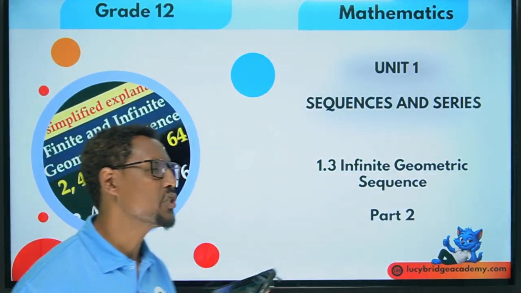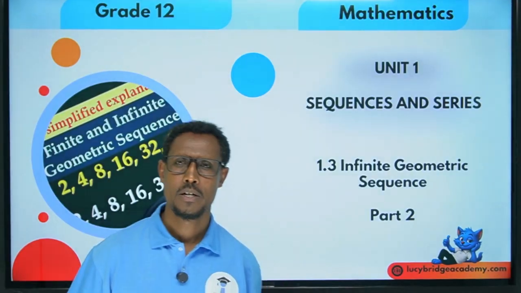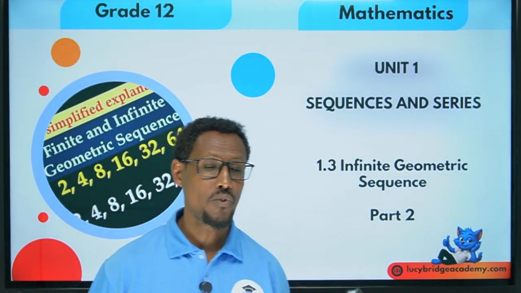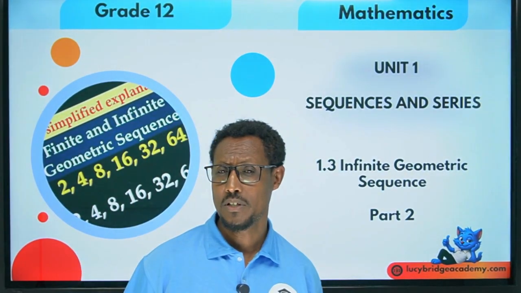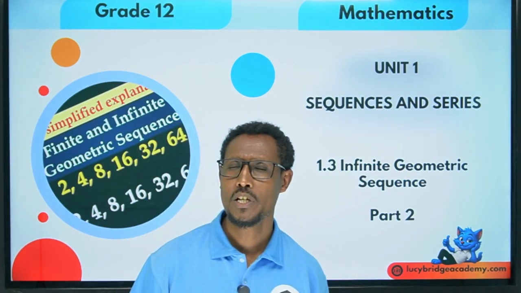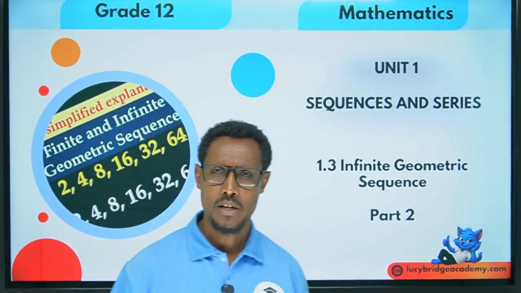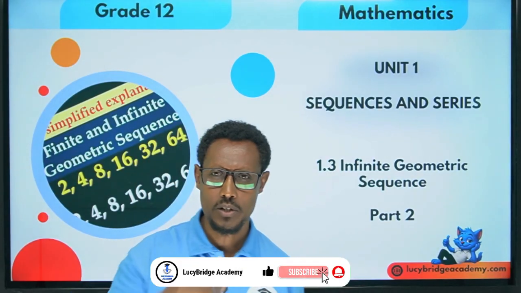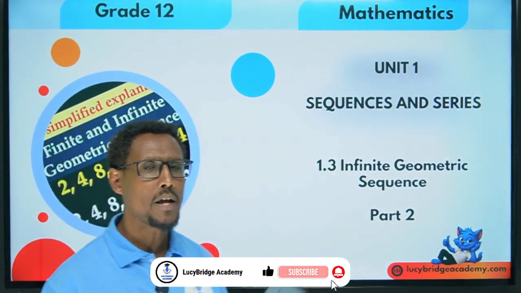Sequence, especially geometric sequence. Okay, we have seen how to find the sum of the first n terms of a geometric progression. Again, we have seen the infinite series for a geometric progression. Okay, today continues from that, which is